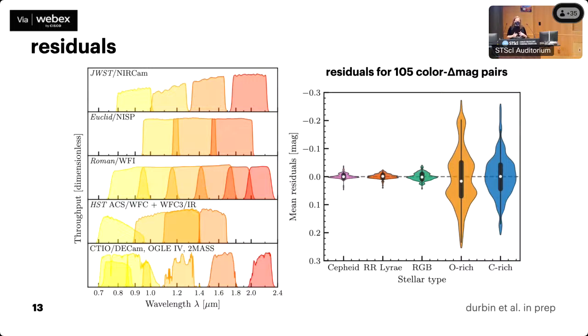These violin plots are the average residuals by stellar type for 105 unique combinations of all of the bands shown here. And I am not trying to say that these should be taken as absolute systematics on AGB-based distances or anything, but it seems like we have to find another way to cross-calibrate them than with simple color term transformations. And it's unclear to me at this time how to do that in a way that is both principled and not incredibly expensive. So any ideas on that would be really welcome.